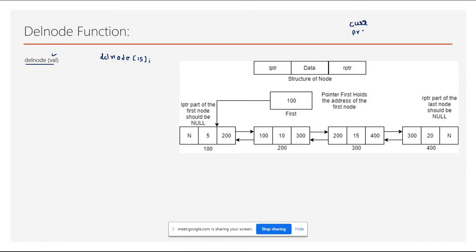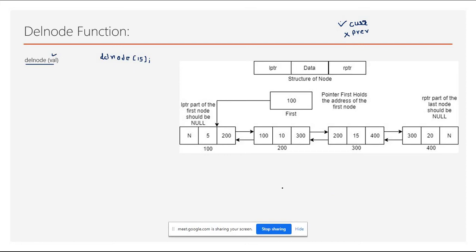But here this is a doubly linked list, and in this linked list every node is having two addresses, one address for the next node, one address for the previous node. So here you don't have to take a previous pointer. So with the help of only the current pointer you just have to perform the functionality.